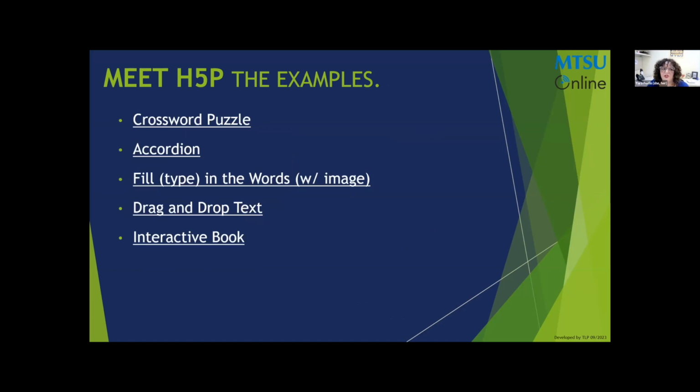So now I just want to show you a couple of things that have been created in H5P. So you have some examples and we can talk a little bit about the examples. So I've mentioned crossword a few times. So the first example that I have